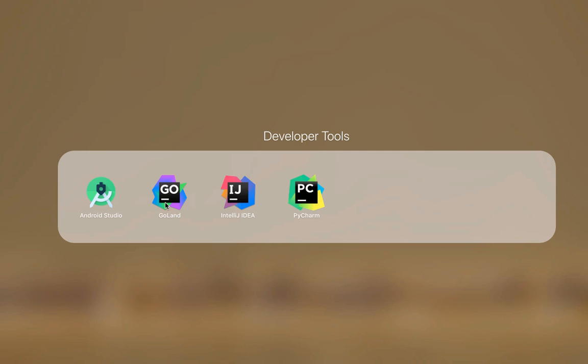Yeah. The Golang user base is increasing very fast. The Golang language was opened in 2007 or 2008 by Google, like Android. Okay. Yeah. The third, IntelliJ IDEA, is a tool